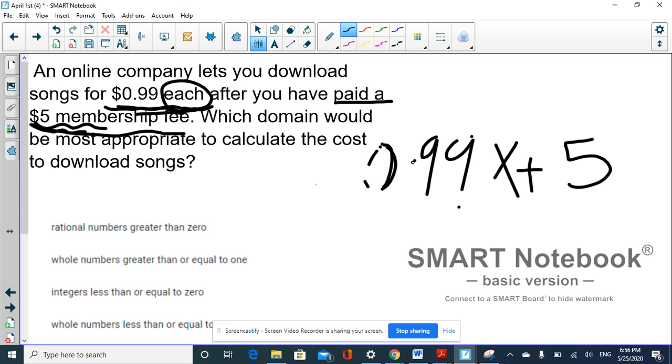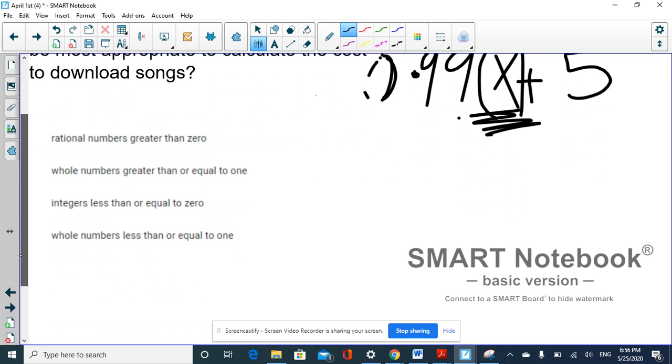Each here means this x. Now we are talking about the domain, which is the x values or the input values, and the x values here is the number of songs. Okay, so let's read